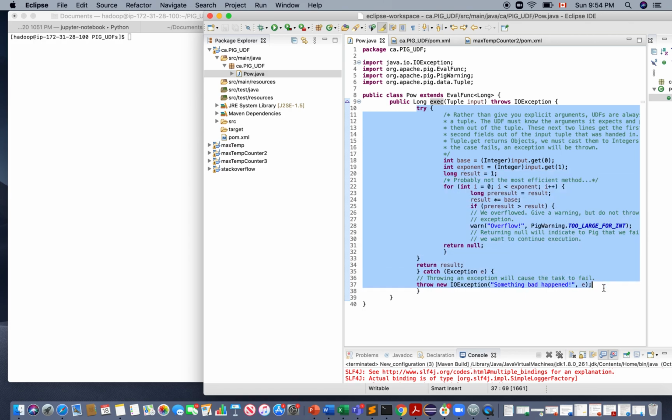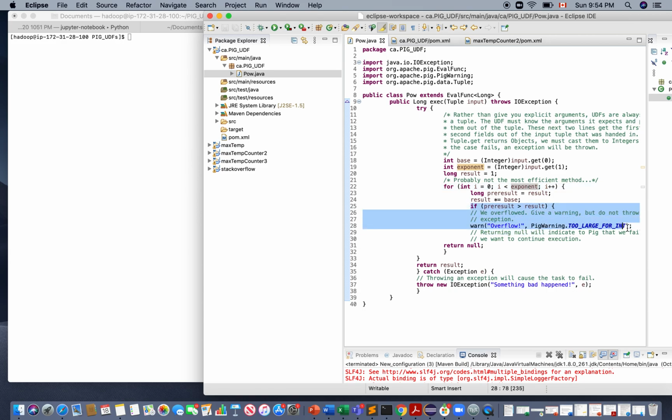It's better to add the try catch clause. This is to capture the potential risk when running this code. And okay, the logic is actually quite simple. So it multiplies base multiple times, and the number of times equals the exponent, and it also catches whether this power is generating a number too large, and shows warnings when the number overflows. Okay, and that's the logic of this